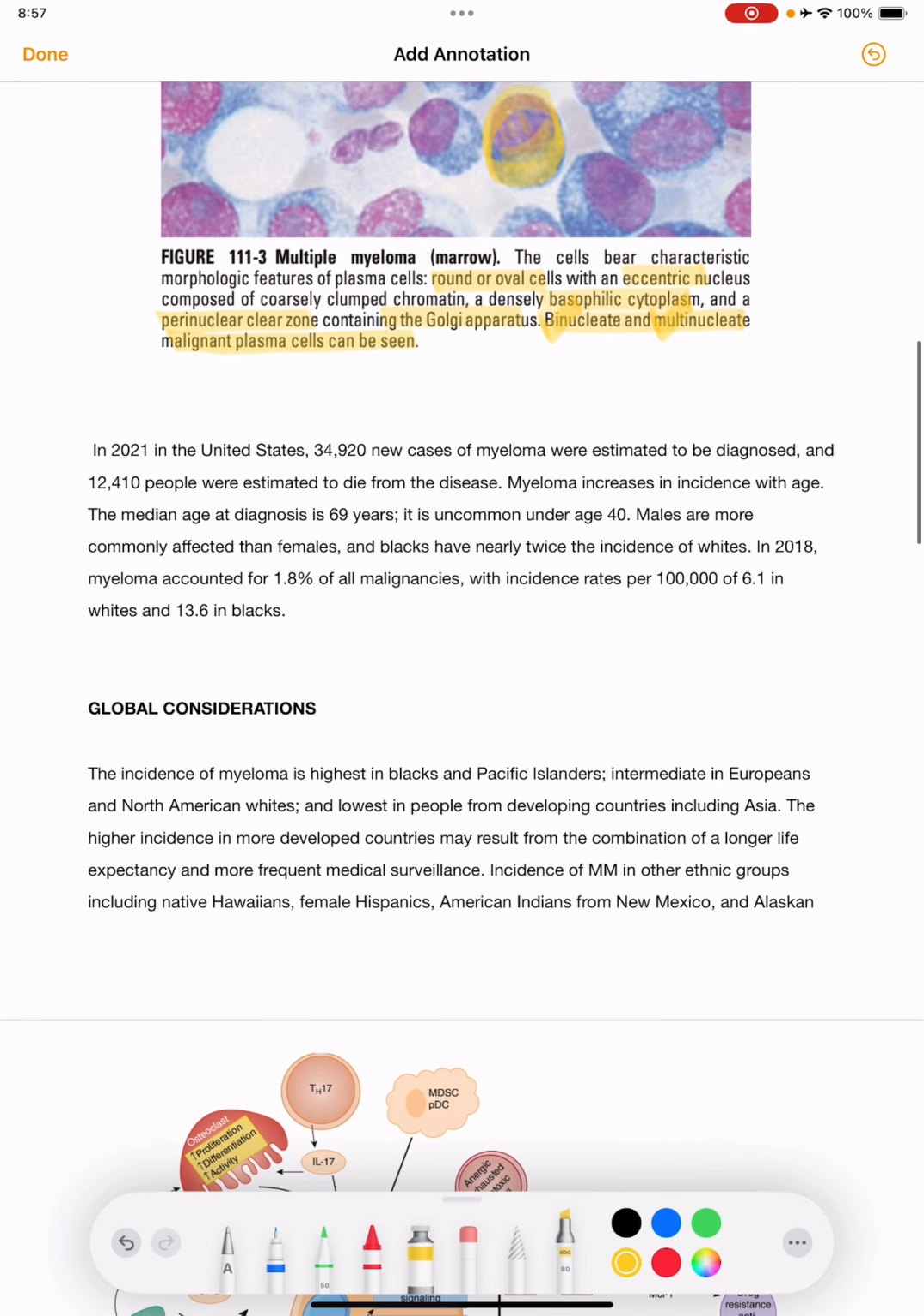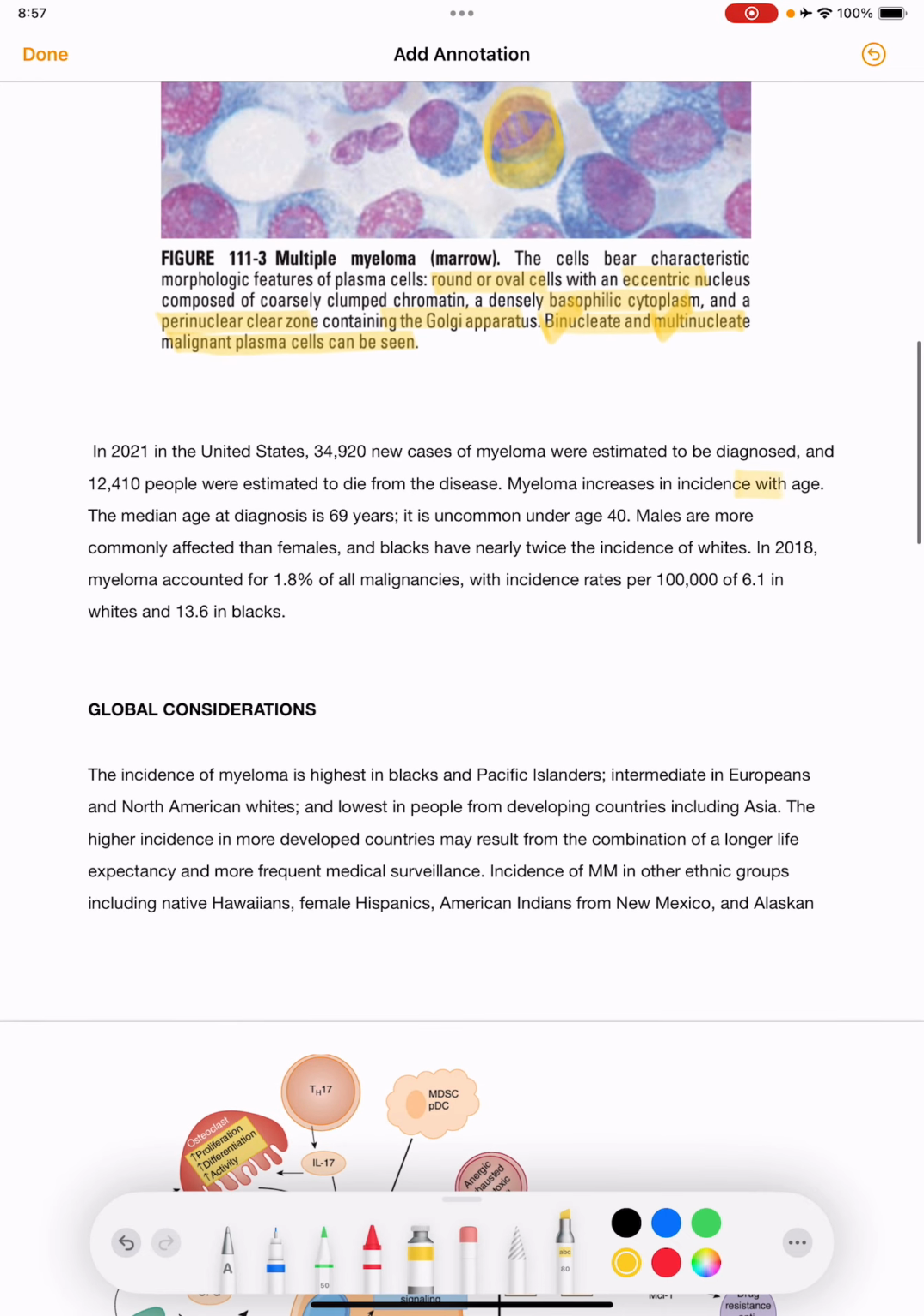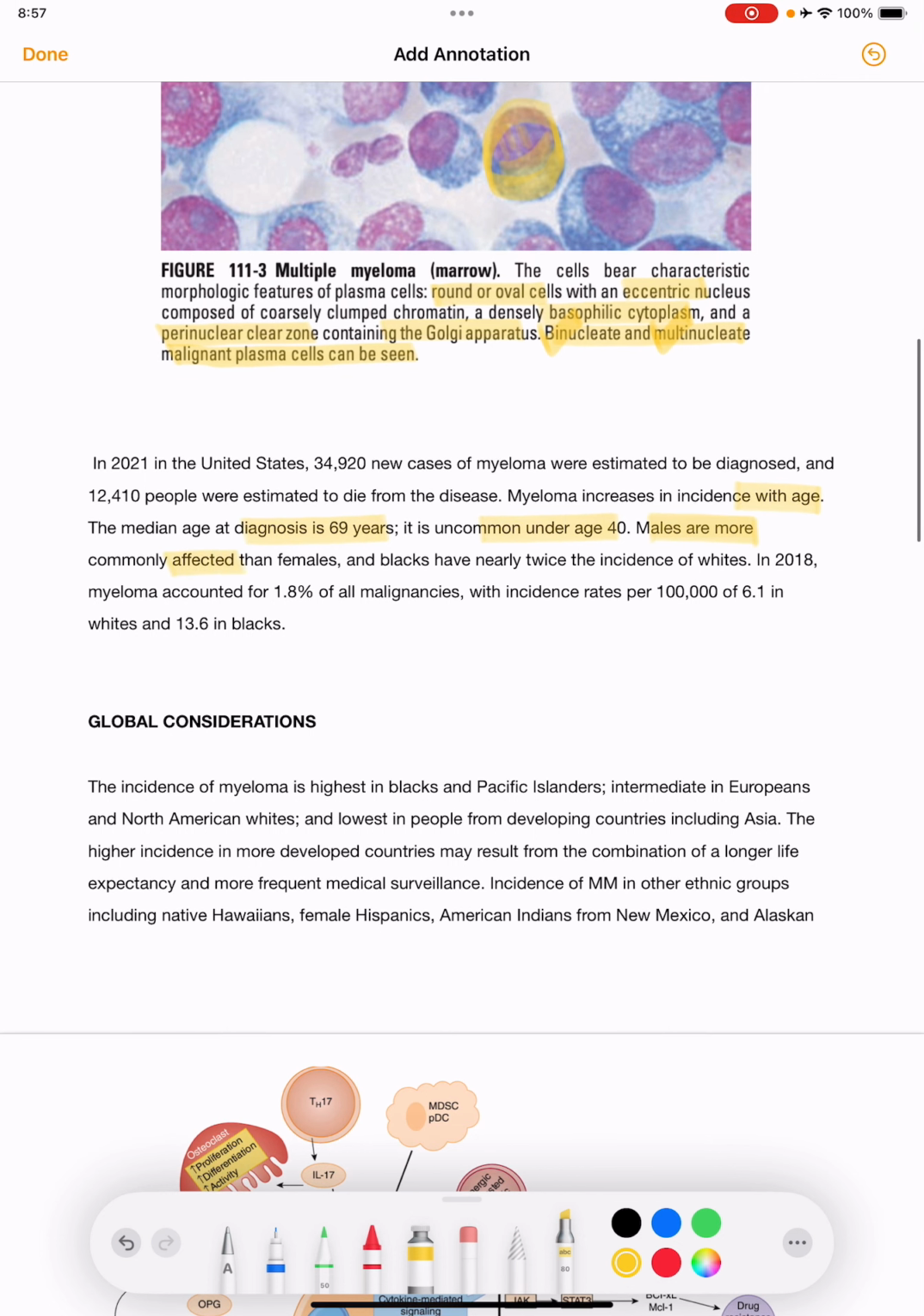Myeloma increases in incidence with age. The median age at diagnosis is 69 years. It is uncommon under age 40. Males are more commonly affected than